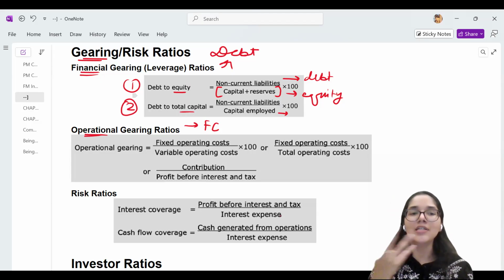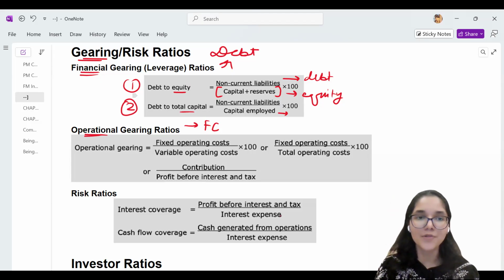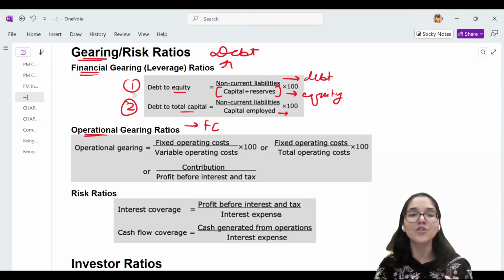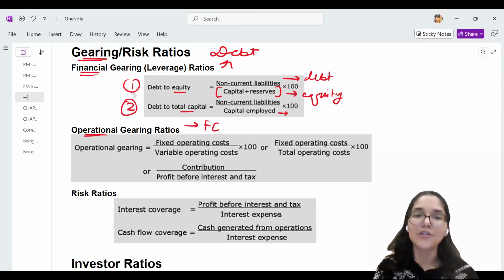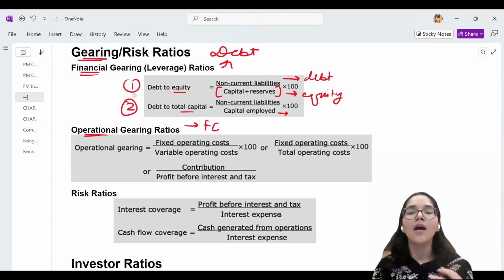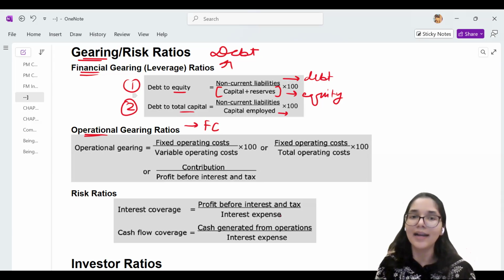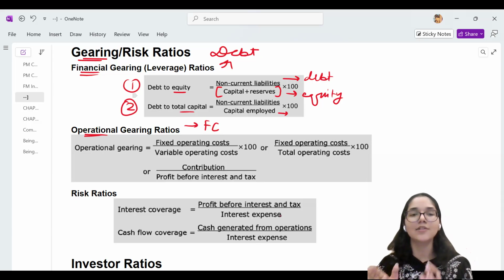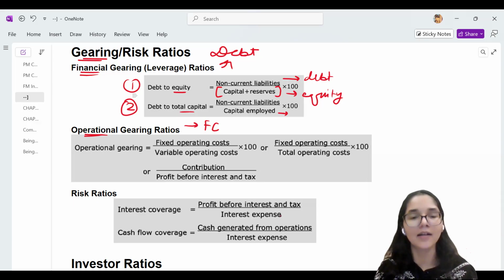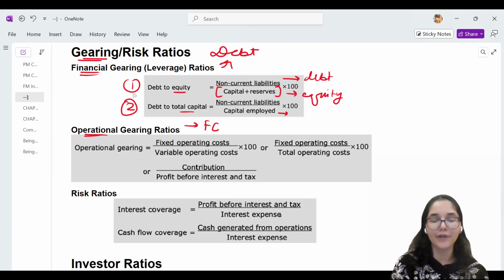Different industries are going to have different sorts of ratios. There are no ideal ratios when it comes to financial gearing because these ratios vary a lot because of the nature of the business, the nature of the industry, the type of business that they are doing. So a lot of factors are variable here. So we usually do an industry comparison, or we just check that it should not be too much. It should not be 80% or 90%. That should not be the case. It should be manageable levels of debt. The definition of manageable will differ from company to company.